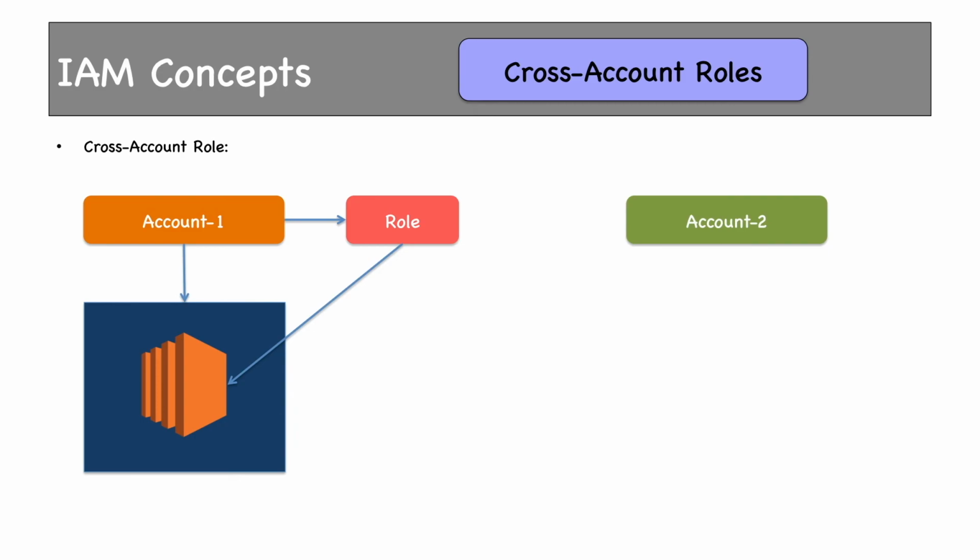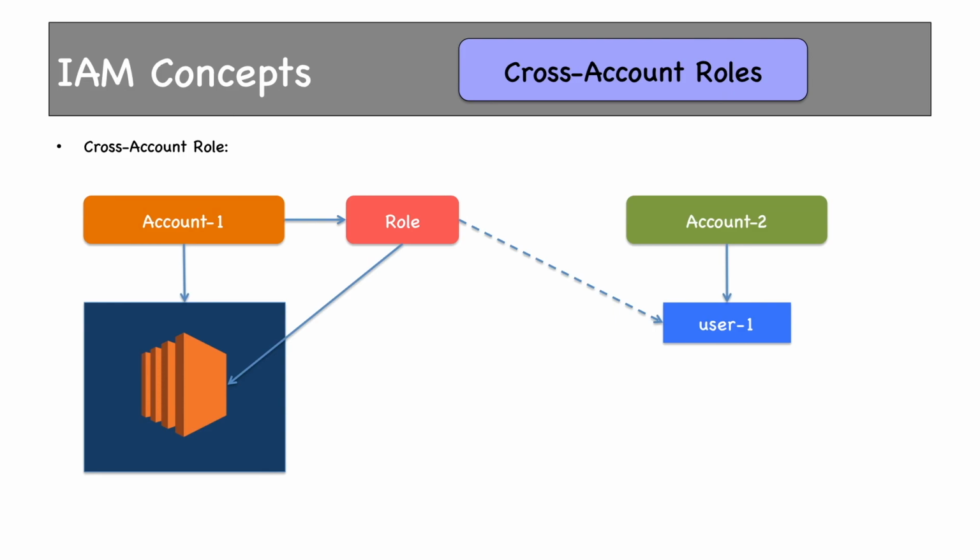There is one more account, and an IAM user in this account wants to perform actions on EC2 instances in my account. Let's say that IAM user is user 1. In the trust policy of this role, I mentioned that the root account of account 2 can assume this role. What account 2 will have to do is to create a policy document which will make user 1 assume this role. As account 1 has trusted the root user of account 2 with the role, it is up to account 2 whom it wants to assume the role to.